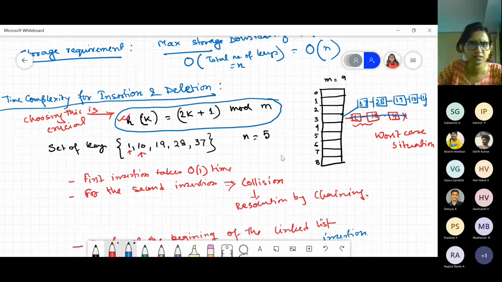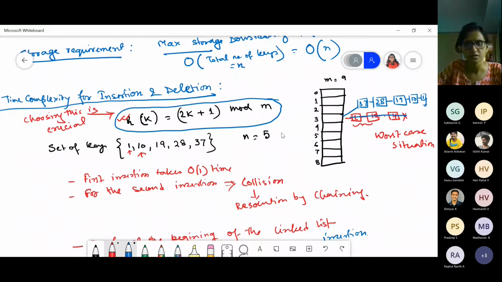Then we discussed the insertion technique. During insertion, we should always try to insert at the beginning of the linked list. This comes when we have a situation of collision, that is, two key values are mapped to the same location.